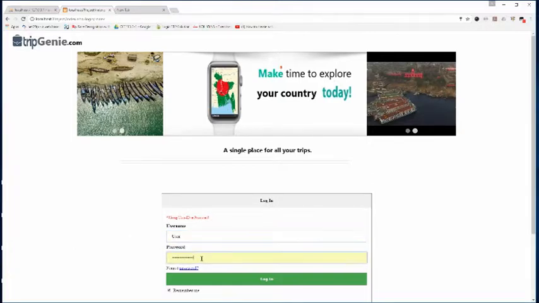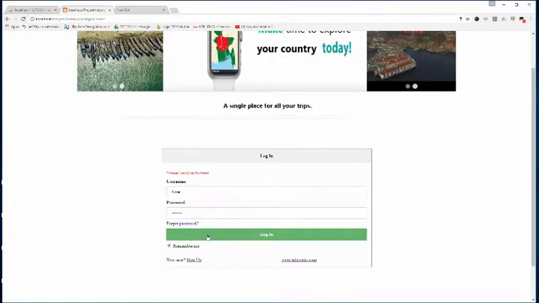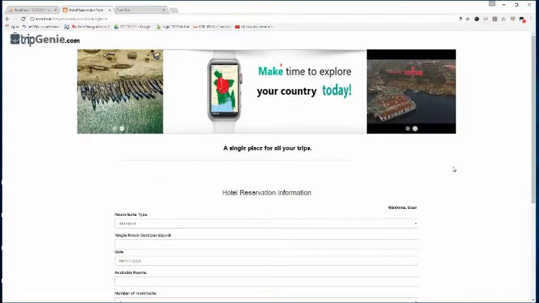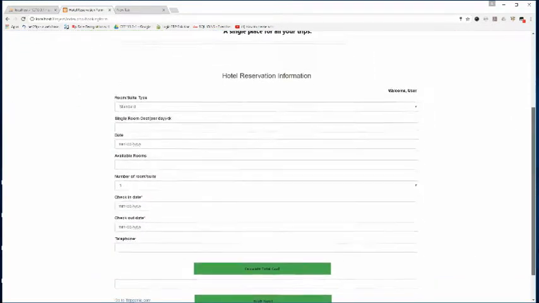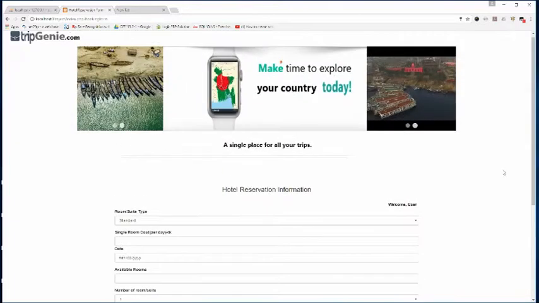See, the password is wrong here. We have entered a wrong password, that's why it is showing that error. Now if we put the correct password, it will not generate any message. Rather, it will go to the final page where we can book our hotel room perfectly. So let's recap the whole process. Let's review the whole process really fast.